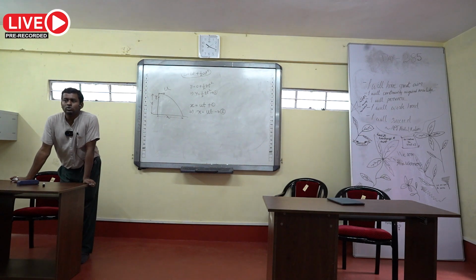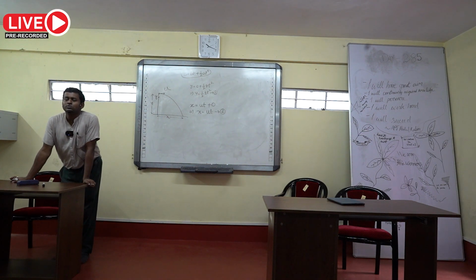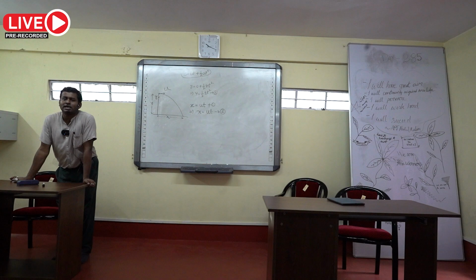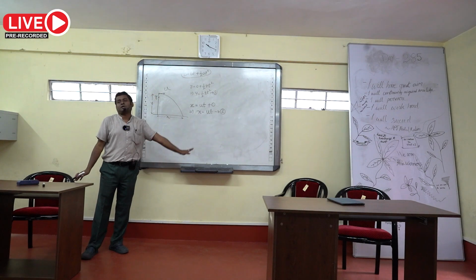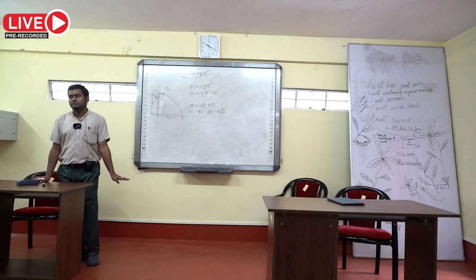So a two-dimensional motion, by using the resolution of the vectors, can always be split into two independent one-dimensional motions, such that we can use this equation for each direction separately. Okay. Now